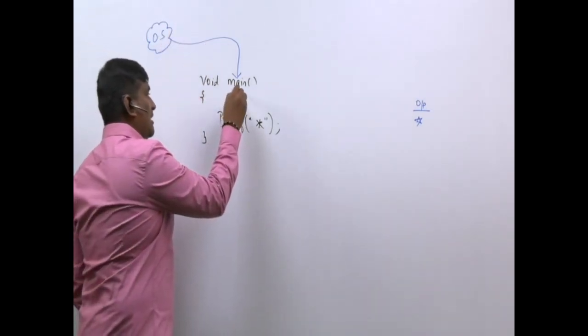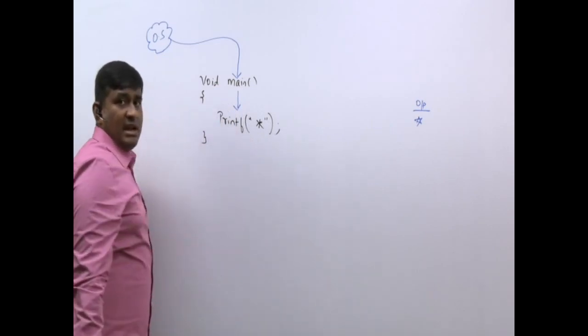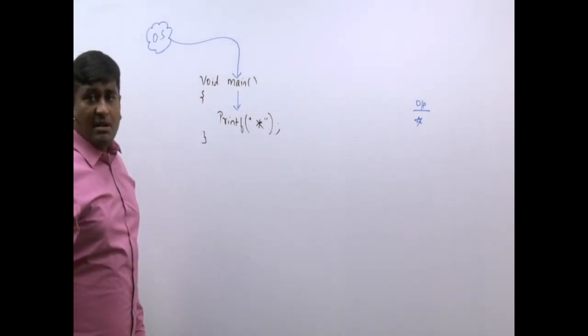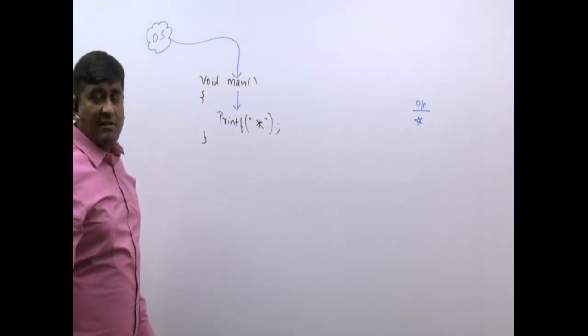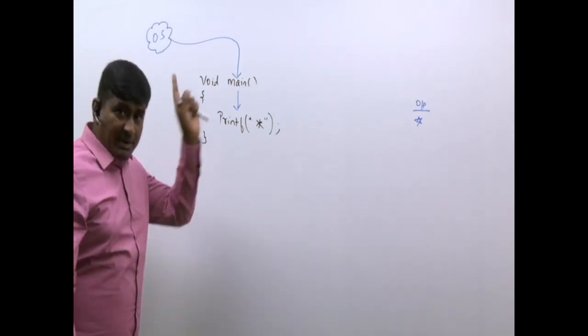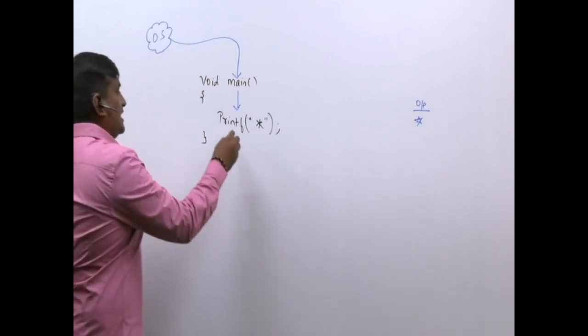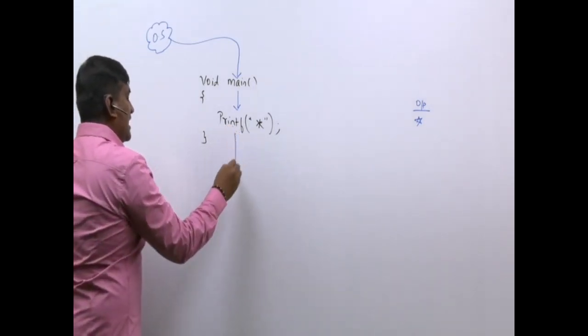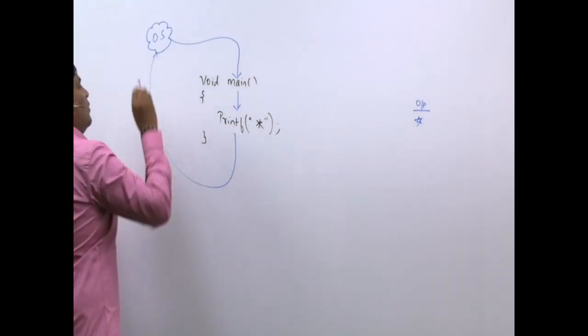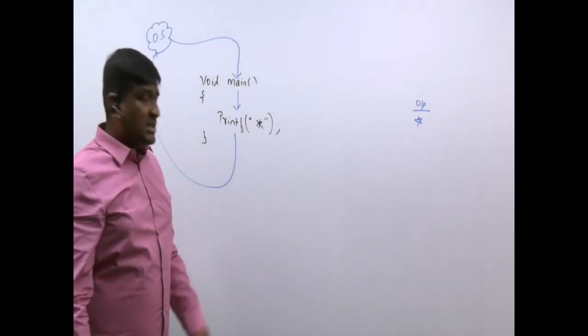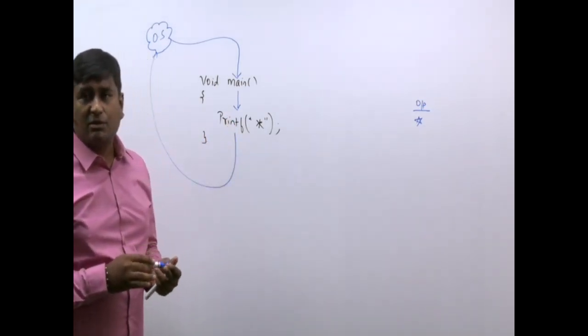Now the control will come inside this main function, and it will see printf. The control will ask printf, "You want to print something, right? Print that on the monitor." So immediately the star gets printed on the monitor. After that, nothing is there in the next line, and the control is given back to whom? The OS. This is how a simple C program gets executed.